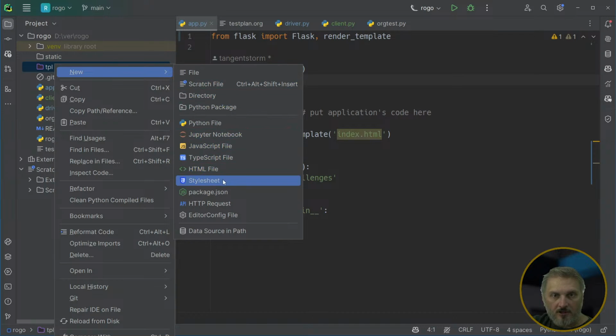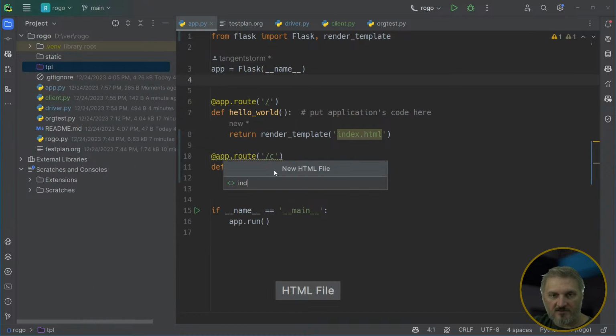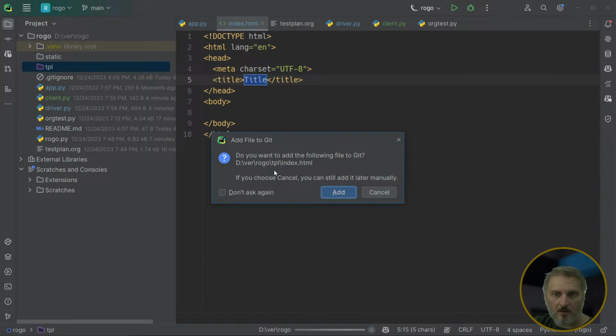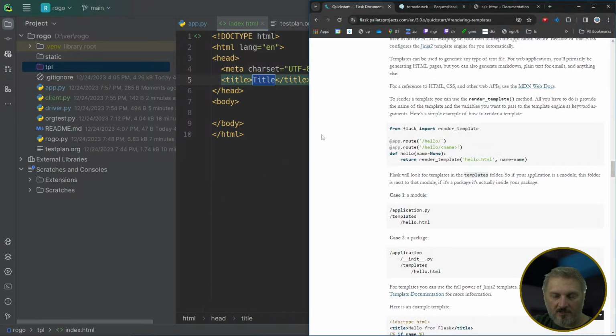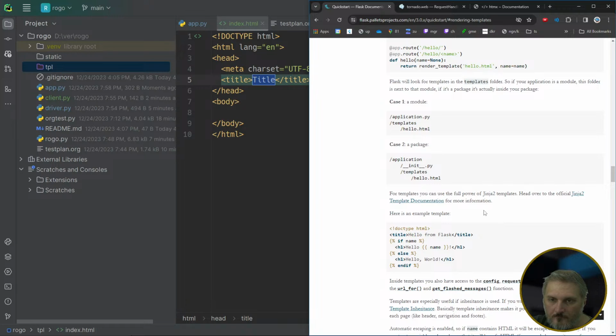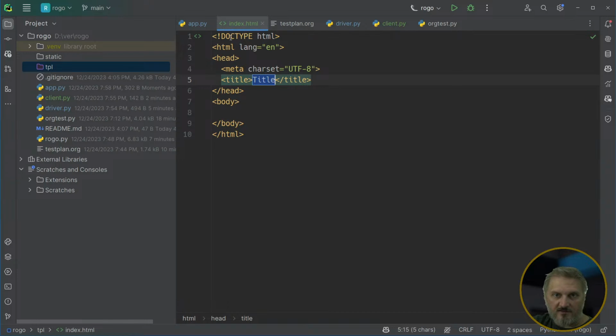New Jinja file. Oh, I guess we'd say index.html. Let's see what happens. Great. And then in here we say its name. All right, so we have all that stuff. Doctype. So this is like the main page. All right, and now if we run this,